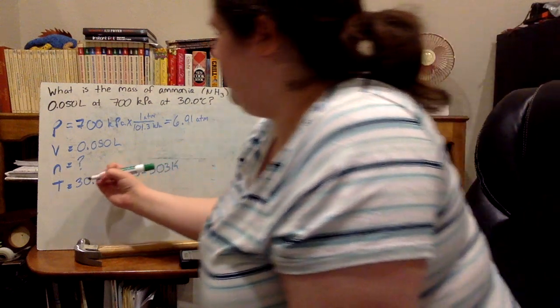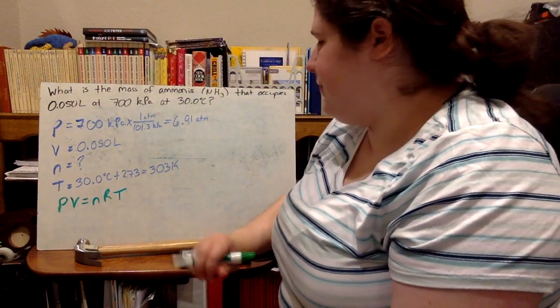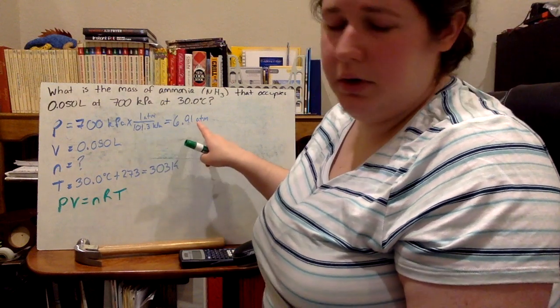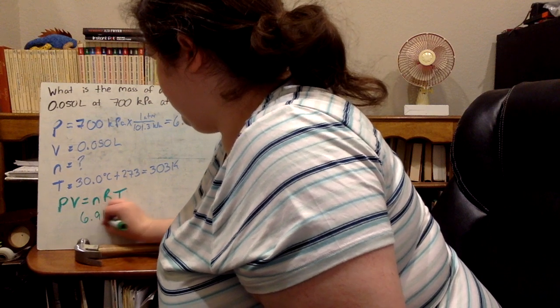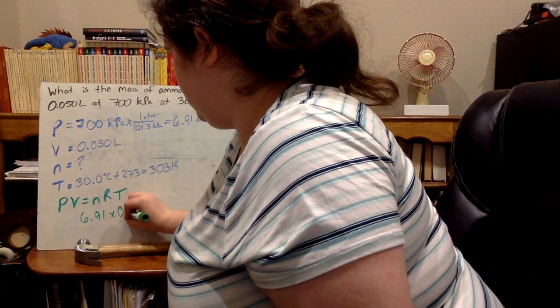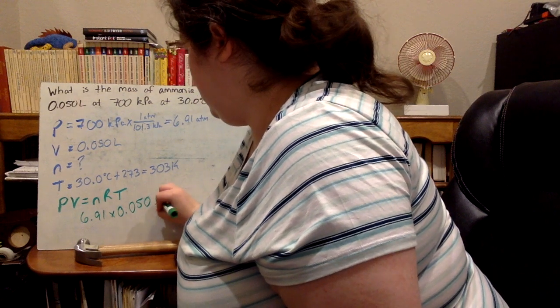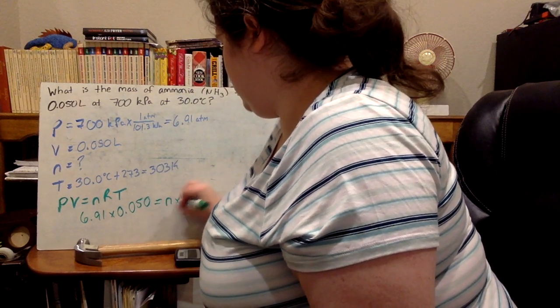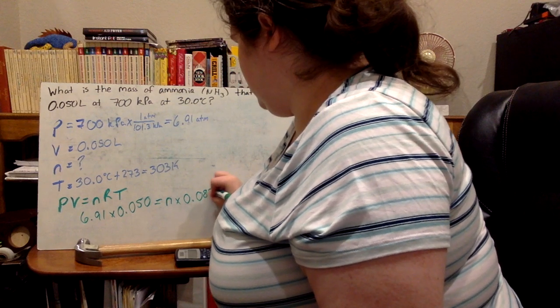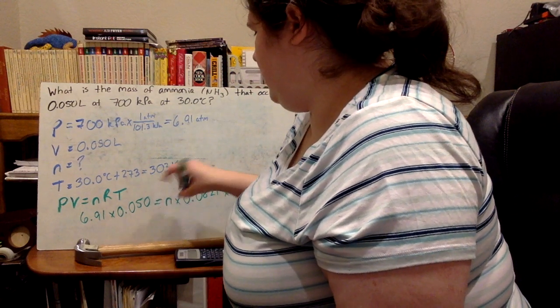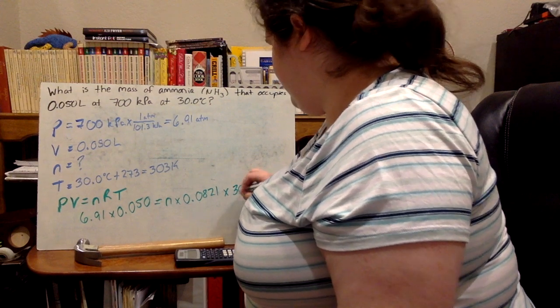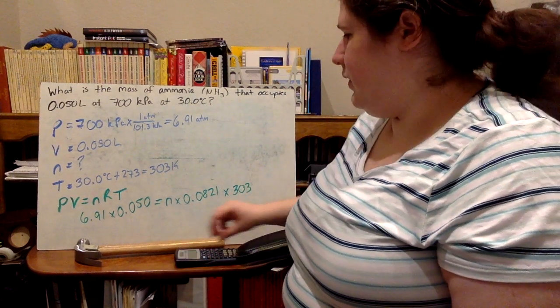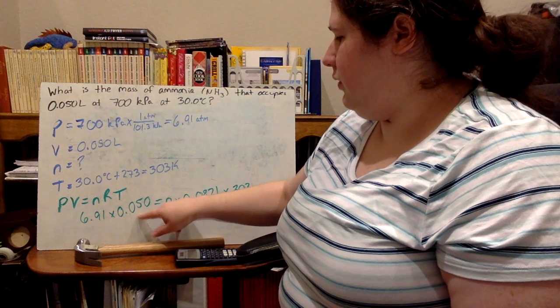My equation is still PV equals nRT. Okay, hasn't changed. All right, so let's just plug it in like we would always. 6.91 times 0.050 is equal to n times 0.0821 times 303. Simplify. 6.91 times 0.050